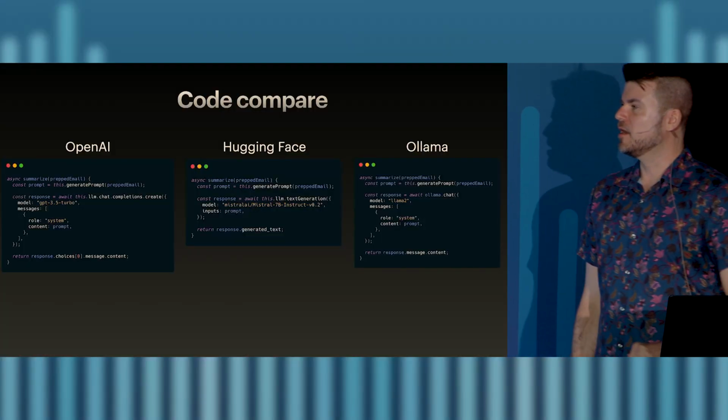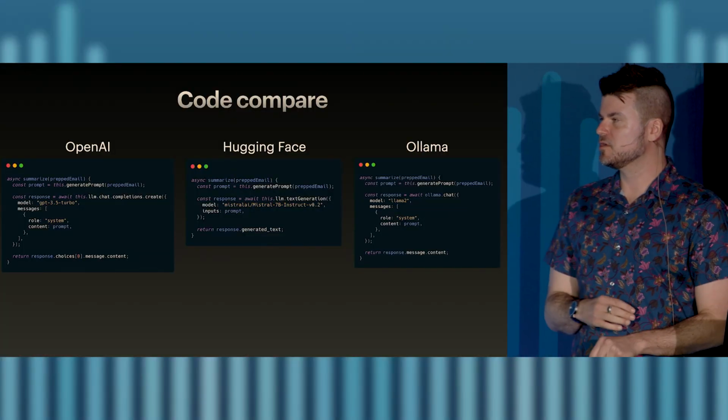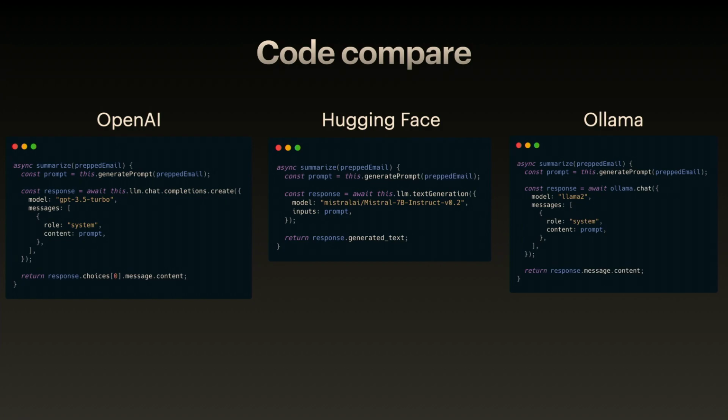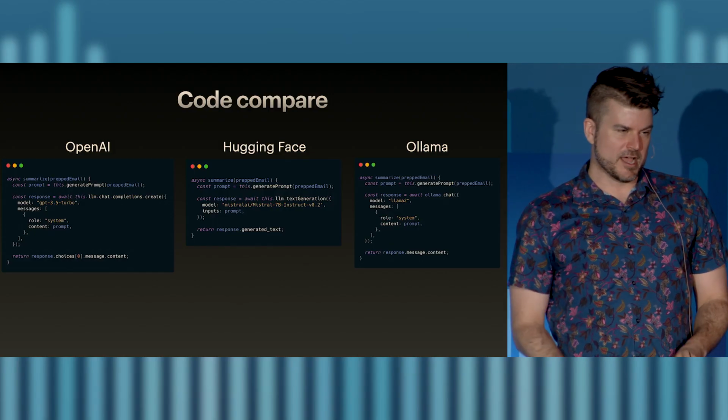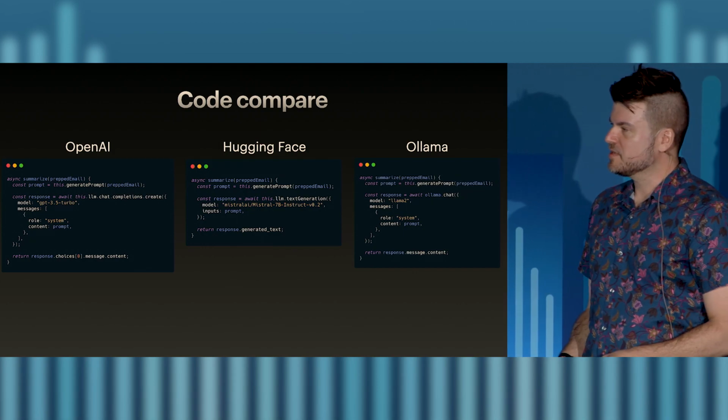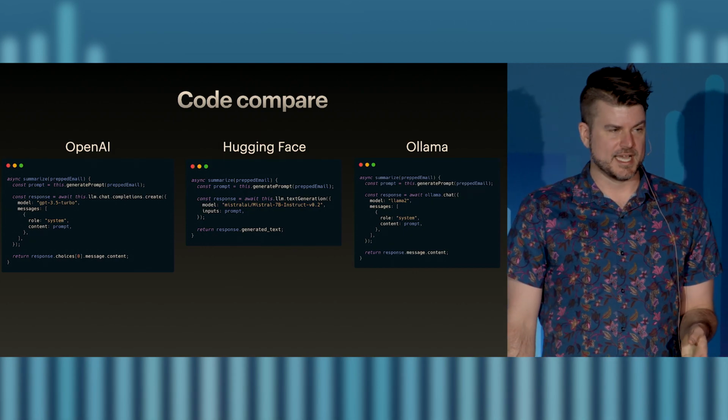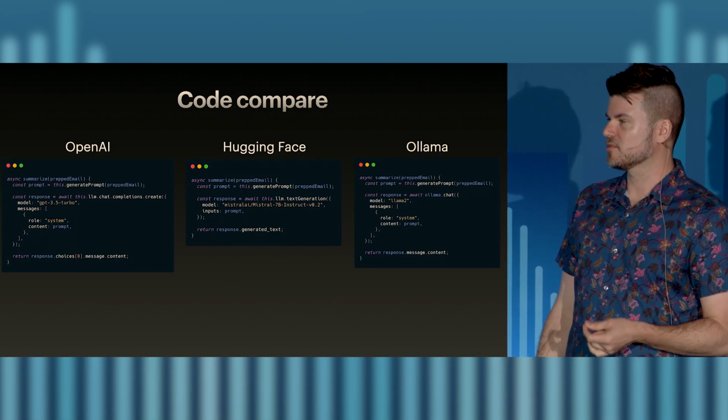All right, so great. Let's do some code comparison. The point is, even if this is small, not to show you word for word what this code is doing. You'll be able to access the slides anyways. The point is to see that the shape of these things, even if you just blur your eyes and look cross-eyed at it, is not the same. You can even tell that the stuff I'm returning in terms of the generated text, if you look at those return lines alone, they're all different.